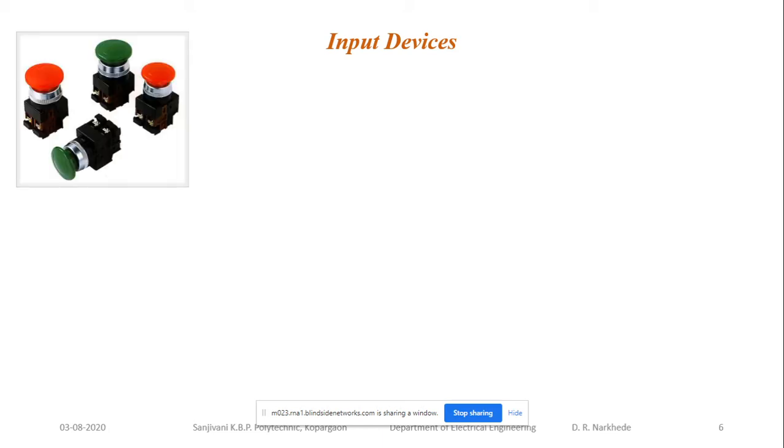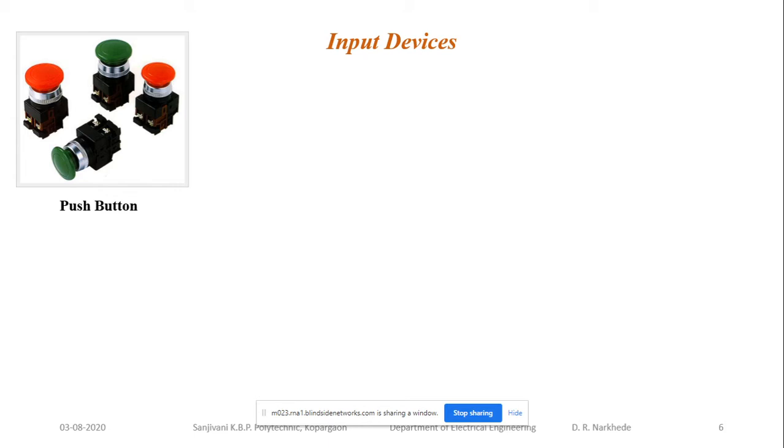Whatever switches you are using in your day-to-day work, these are push and hold type switches. The switches we use at home are push and hold type. After pressing the switch, it retains the state it is in. If the switch is on, it will remain in the on state unless and until you put it into the off state. But we cannot recommend these switches in the industrial context.